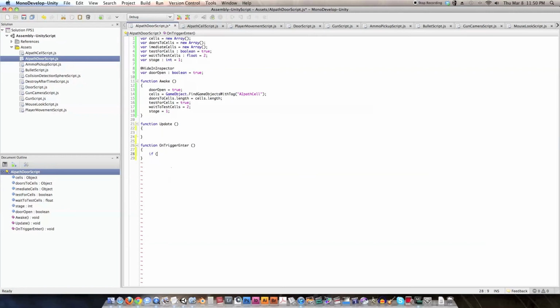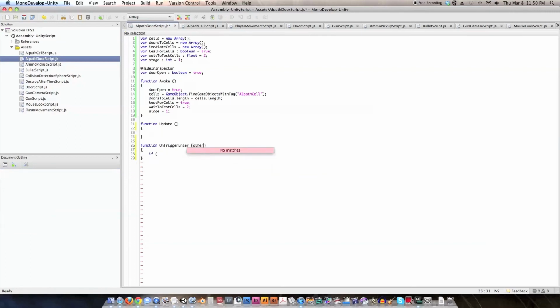So I believe if, oops, I forgot one important thing. I need to do other collider in there. So if other dot tag equals AIpathCell,